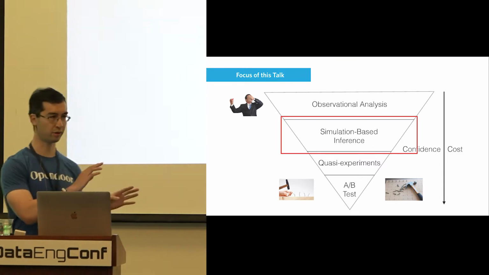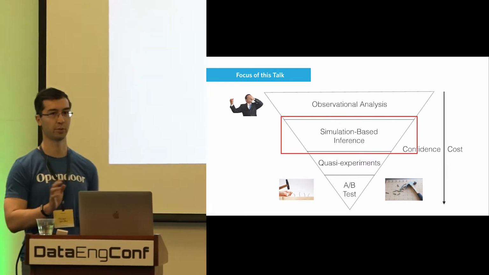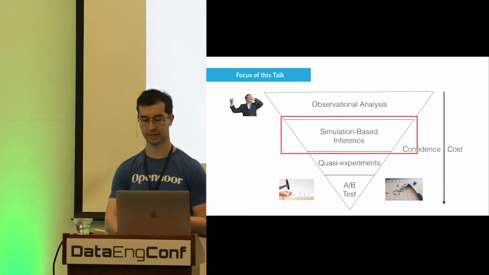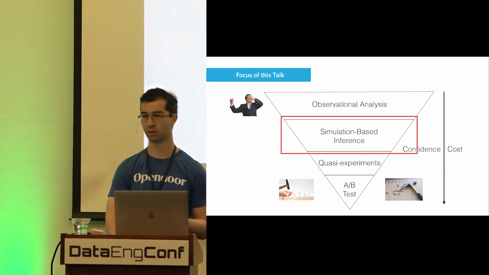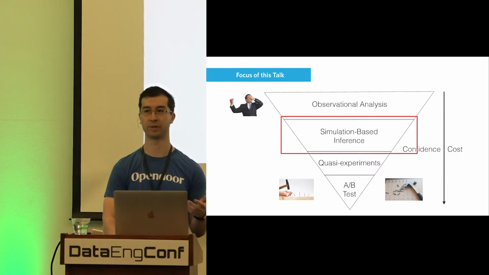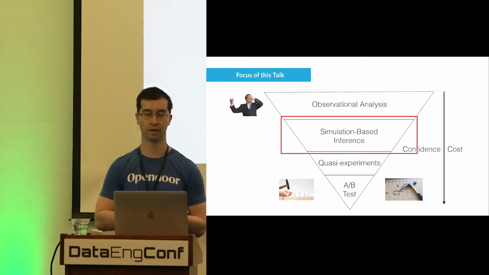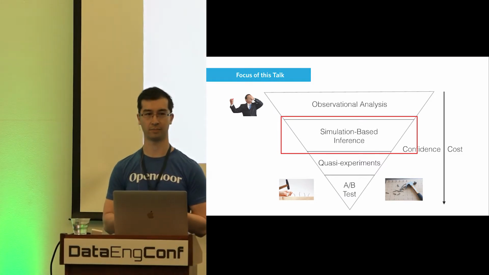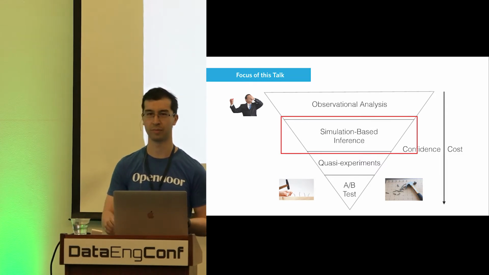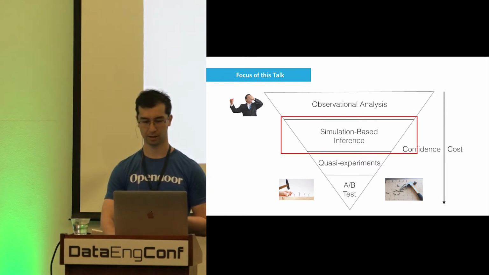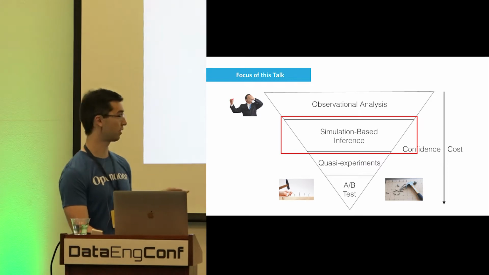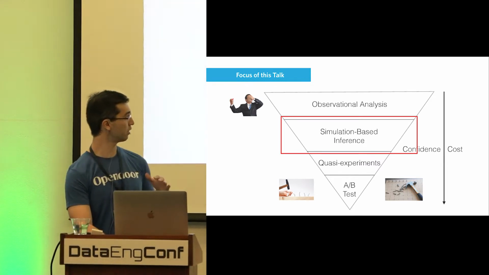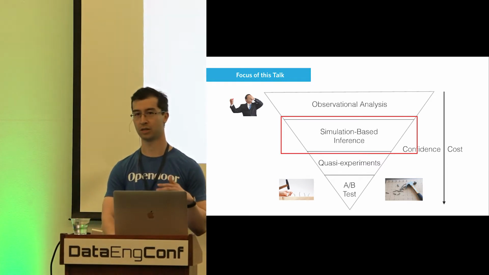And you can certainly quibble with this. It's not super precise or anything. But at the top is the observational analysis. So yesterday from Mohammed's talk, if you think of year 1 at Pinterest, you're counting things, right? You're not doing anything really sophisticated. This is the correlation is causation crowd, maybe. I'm claiming that simulation kind of slots in here. So you can be a little bit more confident in the results, but you have to do a little bit more work to get them.